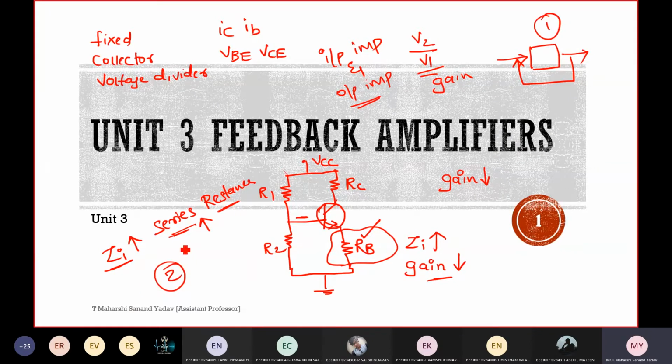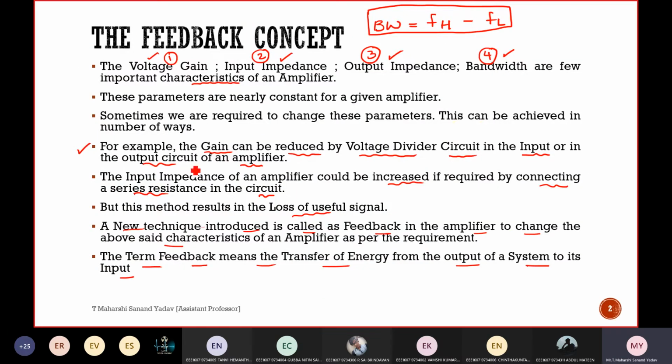This is another technique. But here you need to do it manually. Depending upon the output, you need to vary this series resistance, which is nothing but input resistance as well as output resistance. Here these parameters should be varied. Suppose it is 20 kilo ohms, what is happening? Suppose it is 10 kilo ohms, what is happening? If it is 5 ohms, what is happening? In this manner, you need to analyze. Whereas here, if we directly provide feedback, we'll get a constant gain. Okay, let us see whether gain will increase or decrease because of this feedback. Clear? Can anyone repeat what is feedback and why we need this?